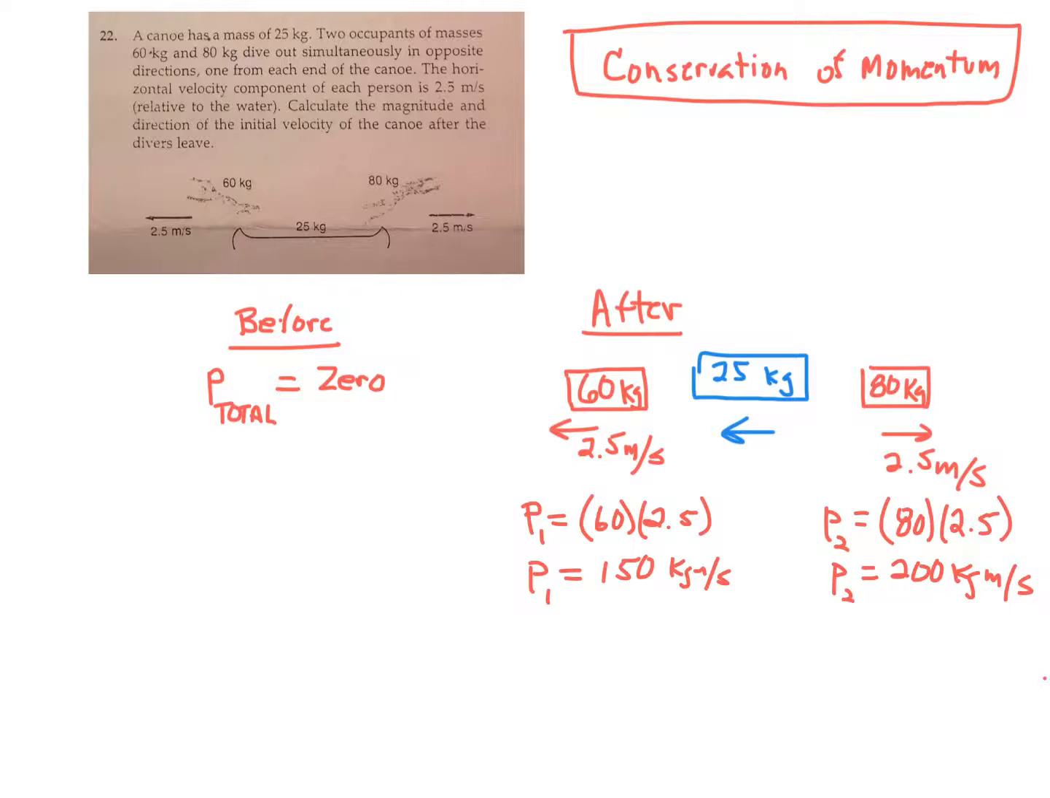So right now I have a net of 50 to the right, so the missing piece to bring me back to zero must be the canoe going left with a momentum of 50. I'm going to call that P sub 3 equals M3 V3, all of these representing the canoe. The total momentum there must be 50 to the left equals, well, this is real simple, 25 V3, V sub 3. So V sub 3 is 2 meters per second